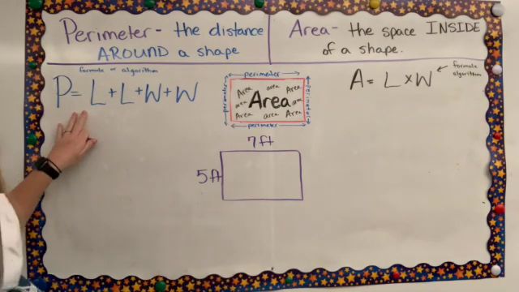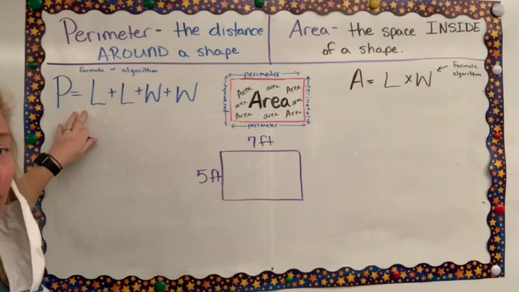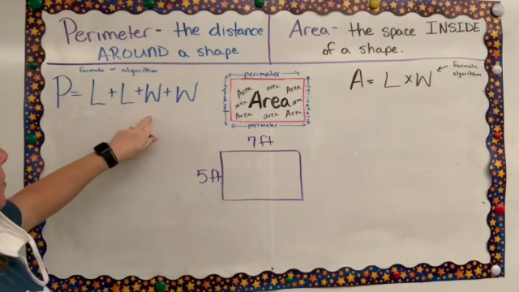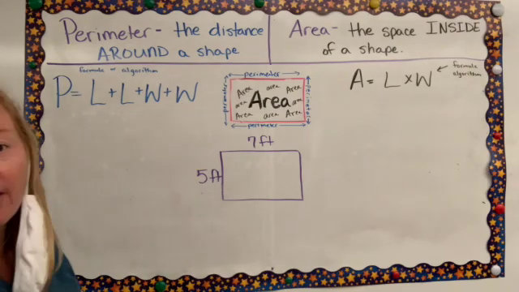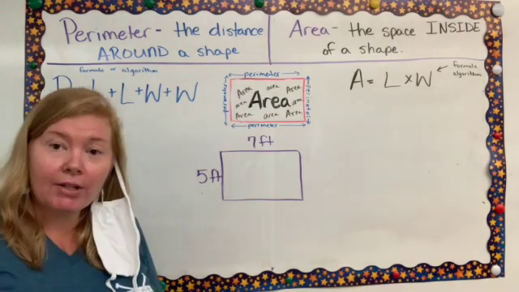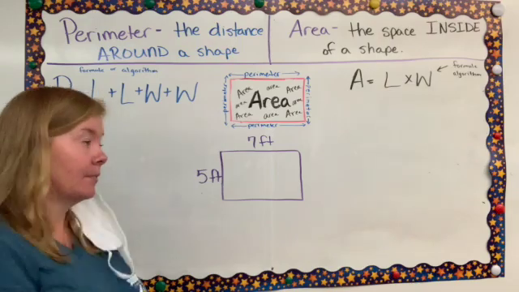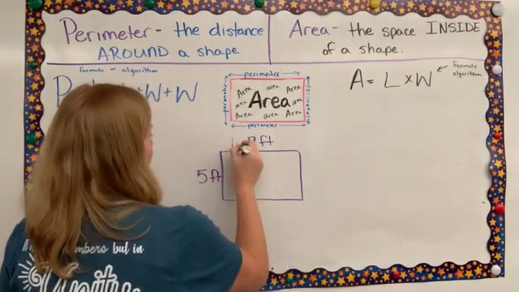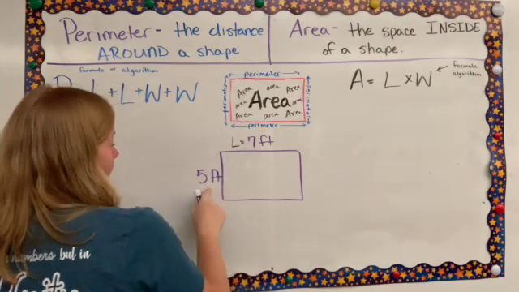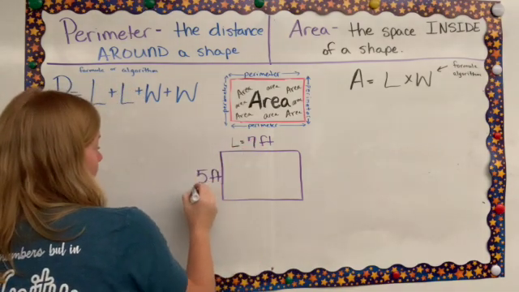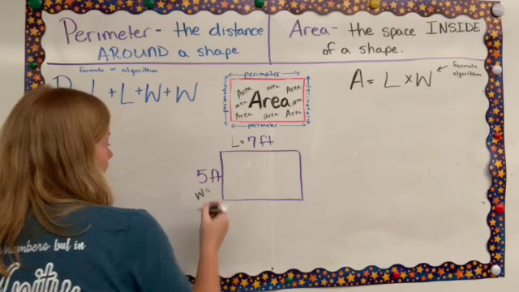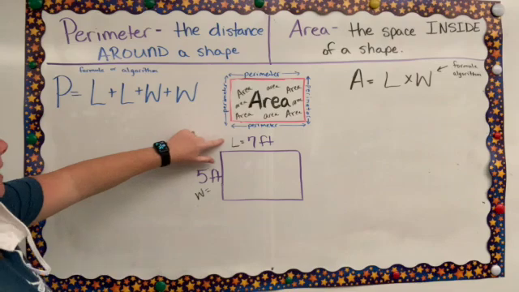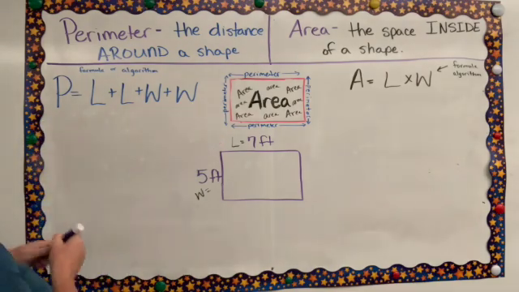We go over here to perimeter. And we know perimeter equals length plus width plus width. Which one did we say we're going to focus on being the length this week? Yep, this is going to be my length. So L equals 7, and this is going to be my width equals 5. So when I plug it in, I'm going to keep it consistent. Perimeter equals